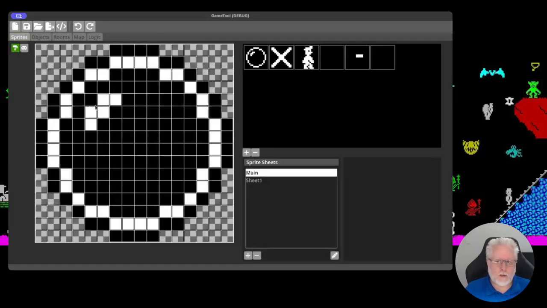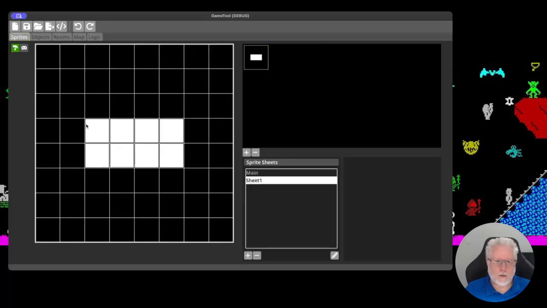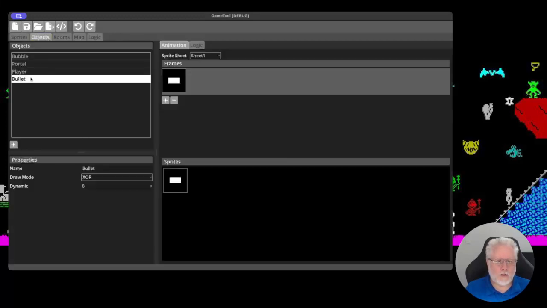I've added a new object. In fact, if I go back to sprites first, we'll see that we've got 2 sprite sheets, and this one is an 8x8 which just has the bullet in it, the bullet sprite, and it's no mask because it's going to be used for exclusive or only. So if we go and look at the objects, we've got the bullet. It uses sheet 1 and it uses an XOR mode. Now at the moment this is set to 0,